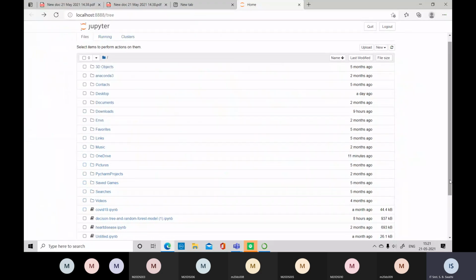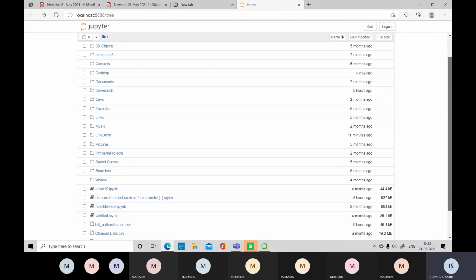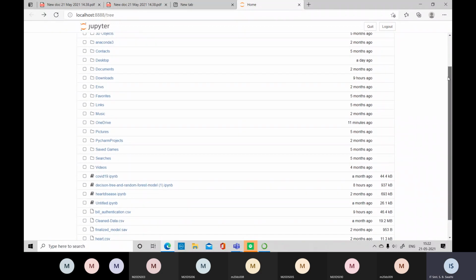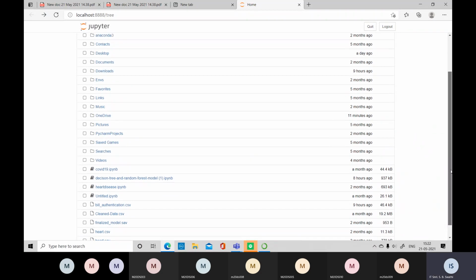And when you are uploading the Excel file to your program, no need to give the path. Normally we use the command read underscore CSV. Within brackets, we normally give the path when we are using Google Colab. Here you can directly give the file name, no need to go for the path, because both are in the same location, your program as well as the input data file.